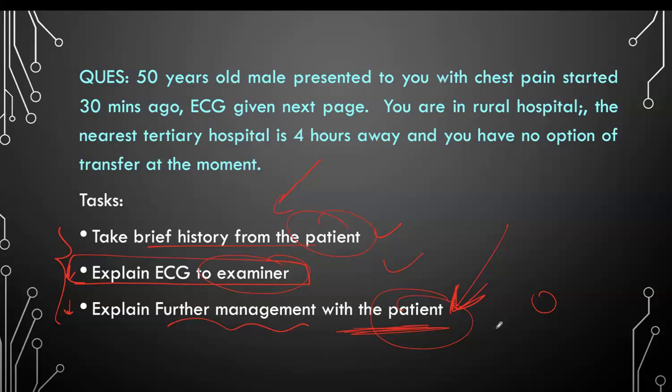But as we're in a rural hospital and the nearest tertiary hospital is 4 hours away, we don't have any option to transfer you to the hospital. In a tertiary hospital, the best management for this kind of condition is to take you to a specialized catheter lab where they can take that clot, which is blocking your heart blood pipe, and then restore the blood supply. That is the best management. But don't worry, we have alternative options here.